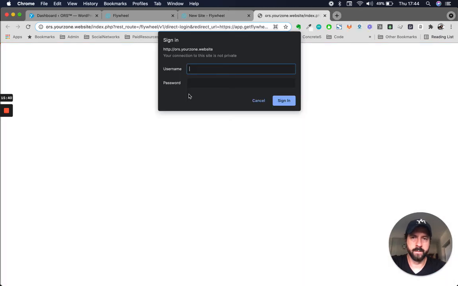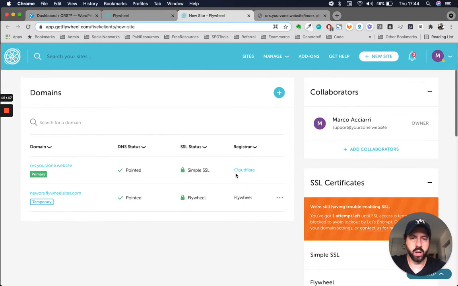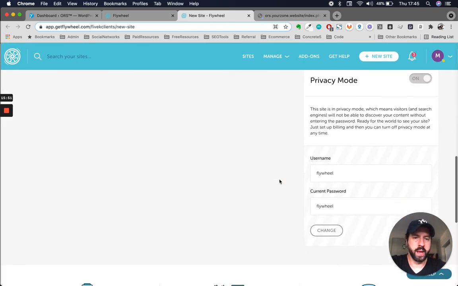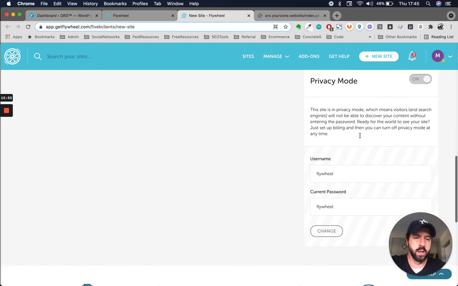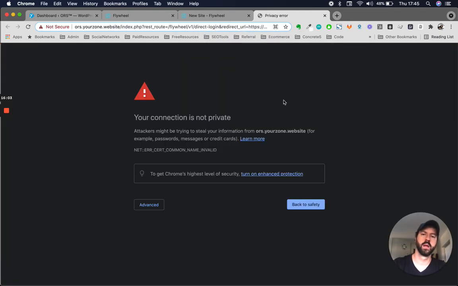WP admin. So if it says this, it's because we are in privacy mode, and if you have just uploaded your website and there's no billing yet, then privacy mode is activated and you can't disable it. And this is the password to access it. So you would say Flywheel, sign in. So it continues saying that there's